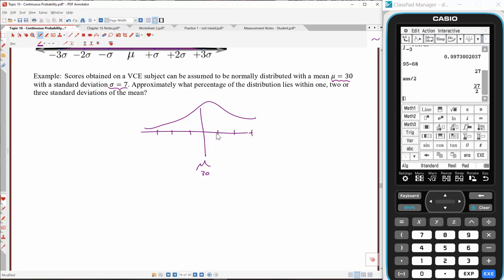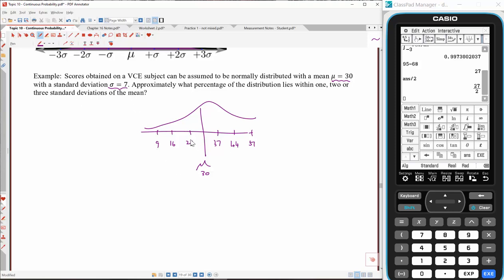All right, so this is going to be 37 because I'm going up by 1 standard deviation. Now 2 standard deviations is going to be 44, 51, 30, 23, 16, 9. Okay, so approximately what percentage of the distribution lies within 1, 2, or 3 standard deviations of the